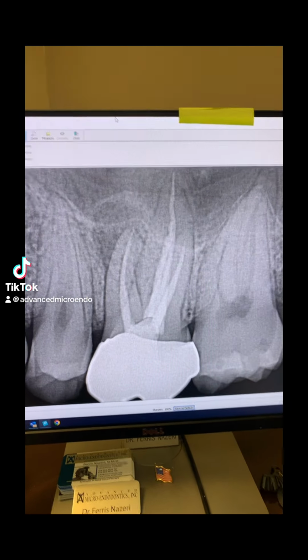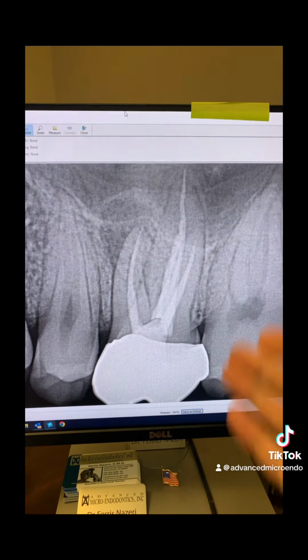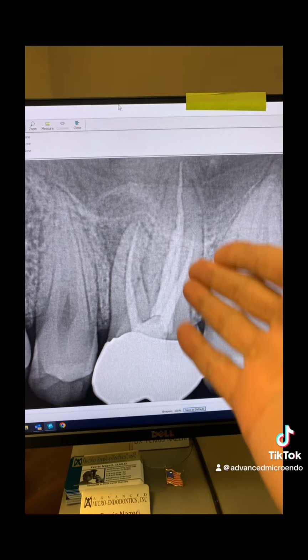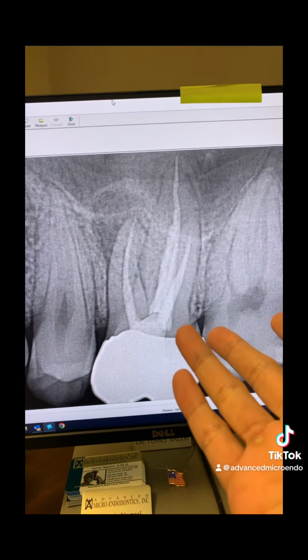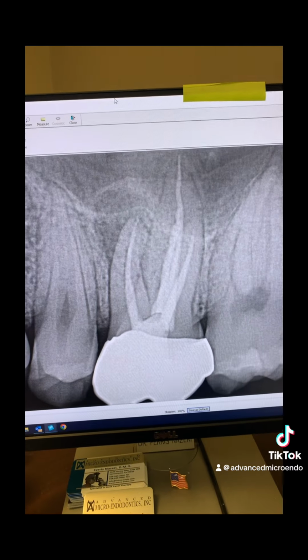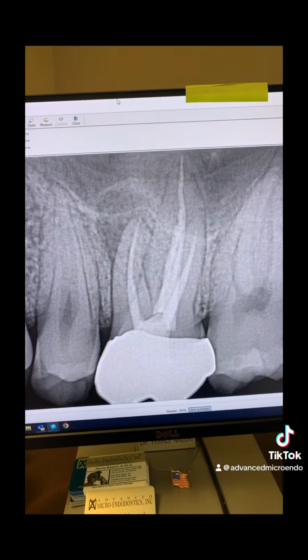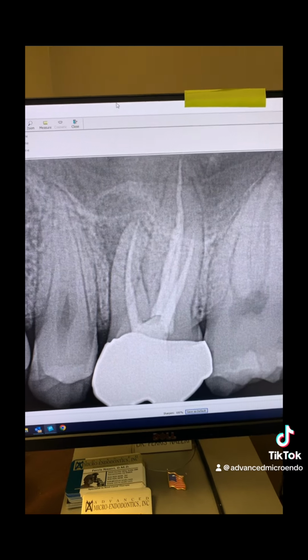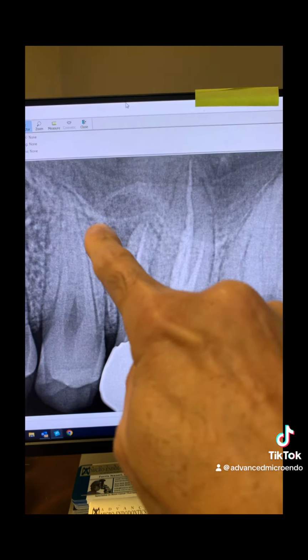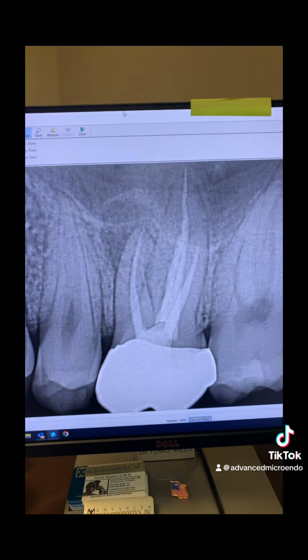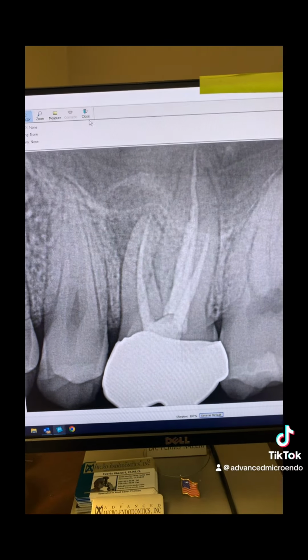This 18-year-old patient was referred to me for endodontic retreatment of tooth number 14. According to the patient, this root canal was done a year ago by his previous dentist. So take a look here. Huge periapical lucency. All right. But look,